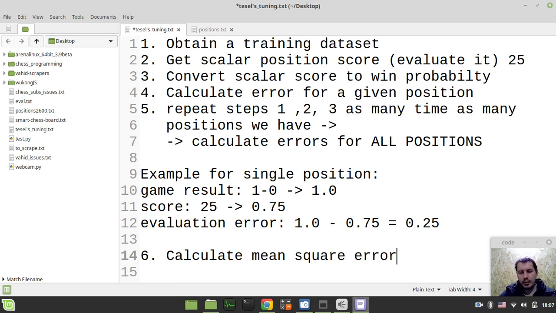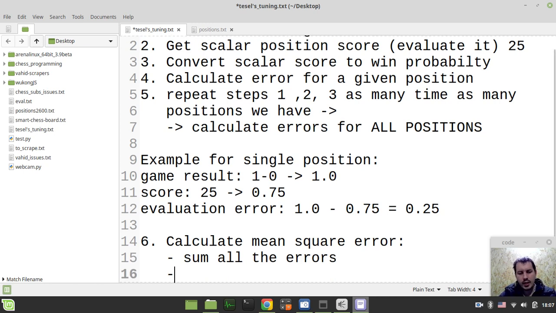It's done very simply. Let's say we have the error 0.25 for one position. For the next position it would be like 0.23. So we need to summarize all the errors. This is done in the following way. First, sum all the errors,